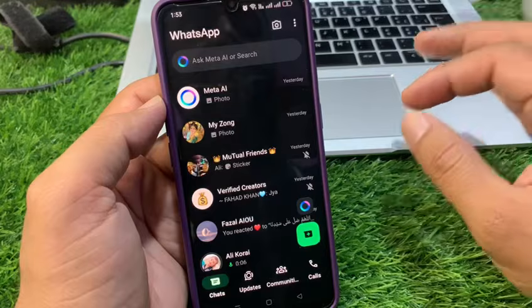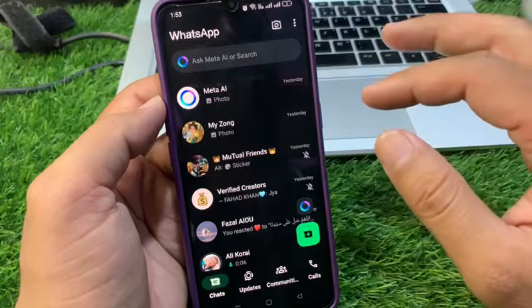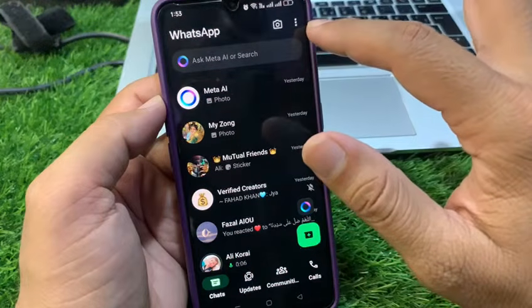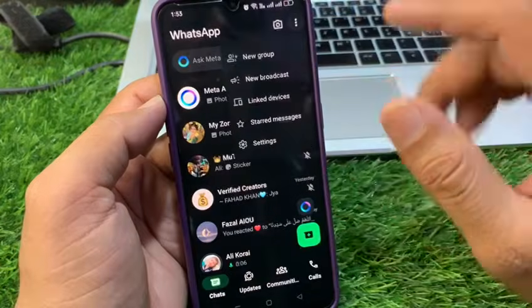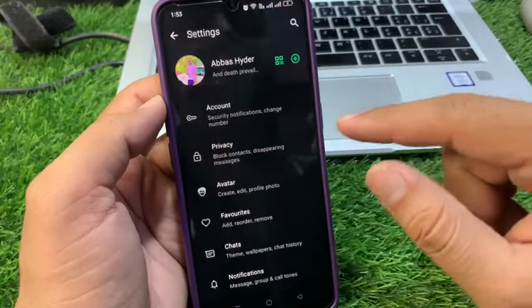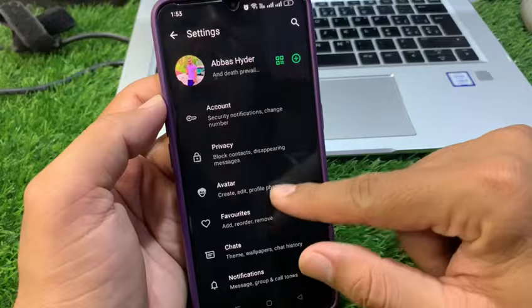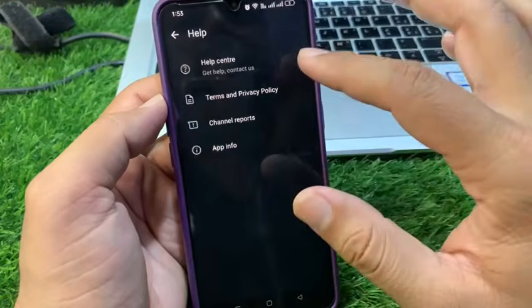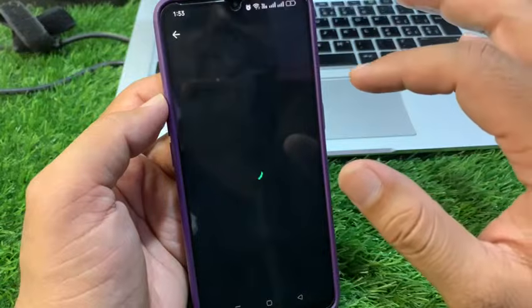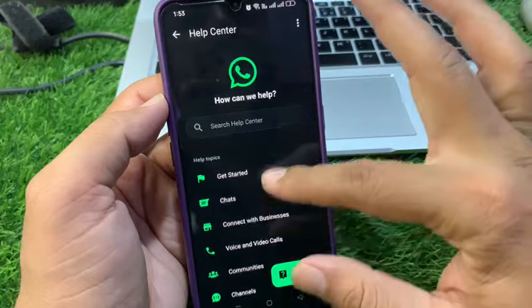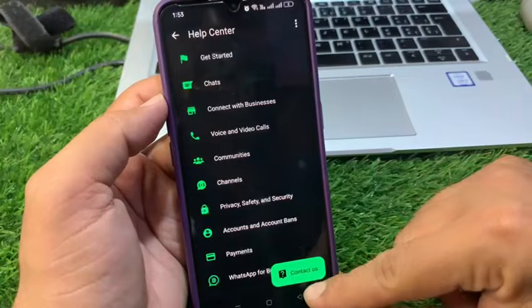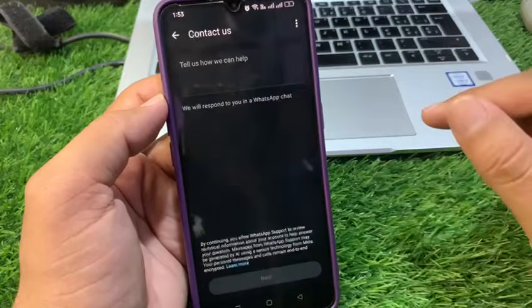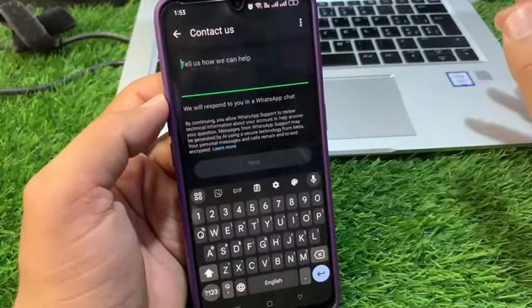And if your account is still restricted, then you have to simply tap on the three dots button from here and then tap on Settings, and now you have to scroll down and tap on Help and then tap on Help Center, and now you have to tap on Contact Us from here, and in this box you have to simply explain